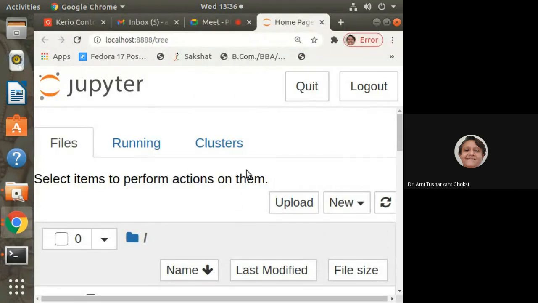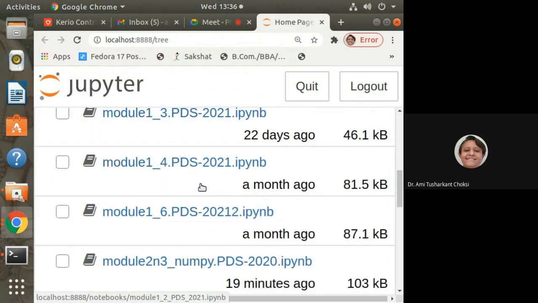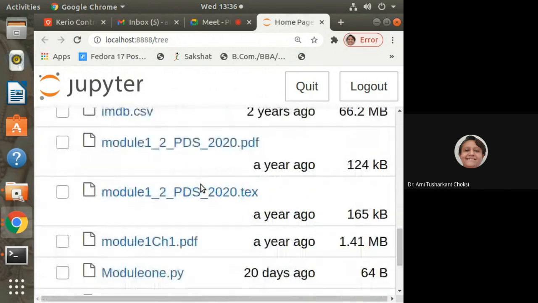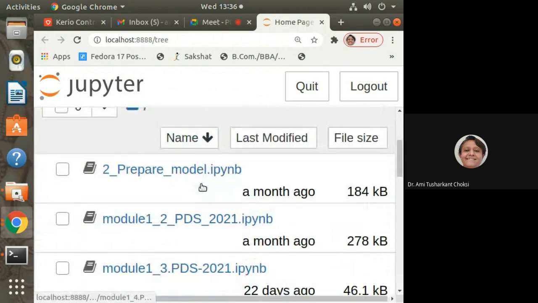And now we can see that, right? Here in the browser, we'll be able to see that. And whatever files are there in that directory, that you can see here, fine. Okay, till now we were seeing these files on the Google Colab, right? Now today we'll see in the Jupyter Notebook, okay, because locally we are going to work with the Jupyter Notebook only, fine.